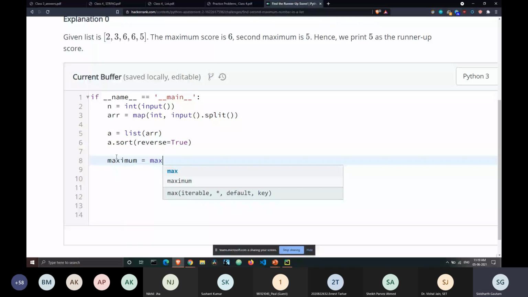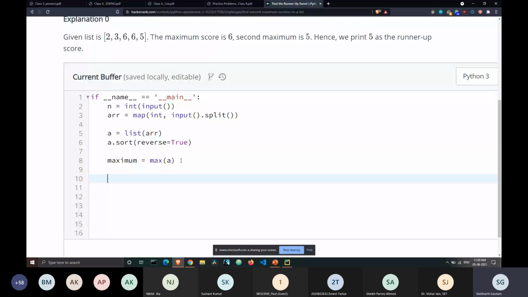And then we run a loop, and we break the loop as soon as we come across an element which is less than the highest value. Since the array is sorted in the reverse order, the loop will break as soon as a value less than the maximum occurs.